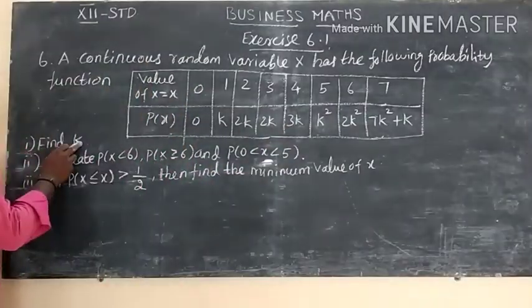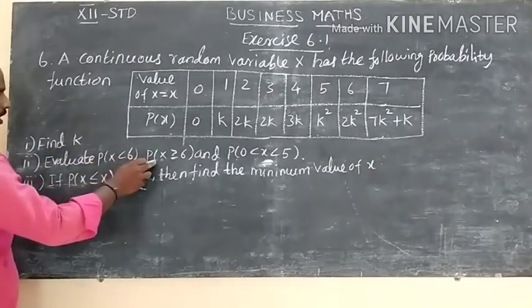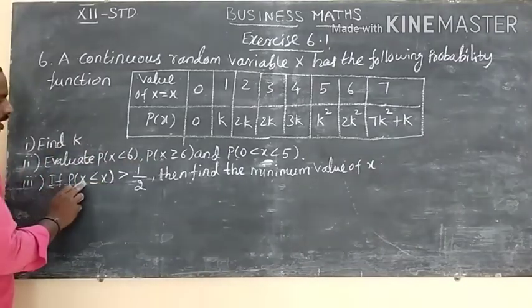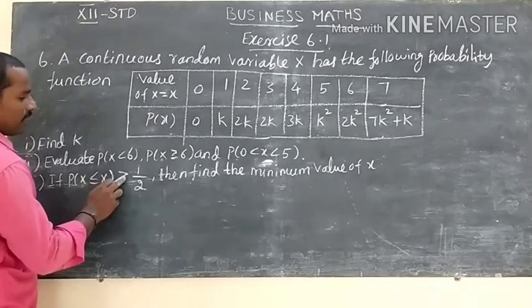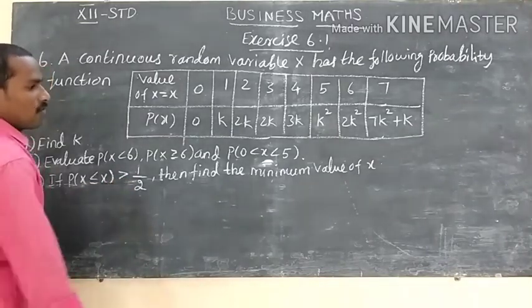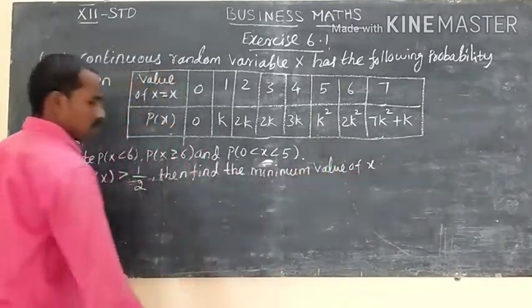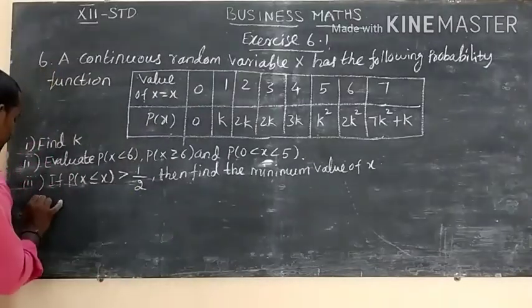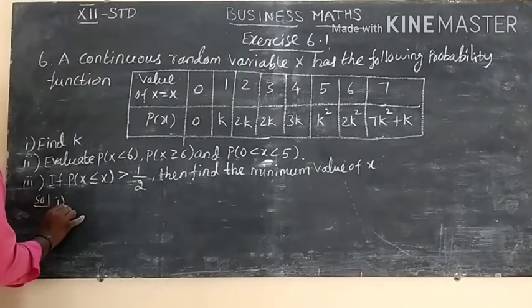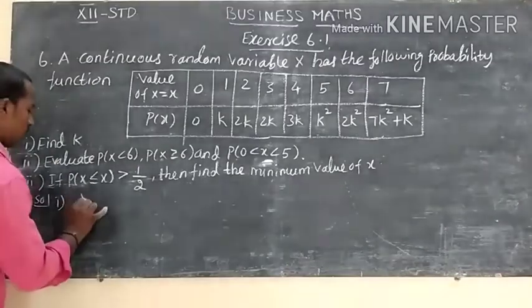The question is to find the value of k, then evaluate the values, and if p of x less than or equal to x greater than 1 by 2 value, find the minimum value of x. This is your question. The solution, the first one, find the value of k. We know that